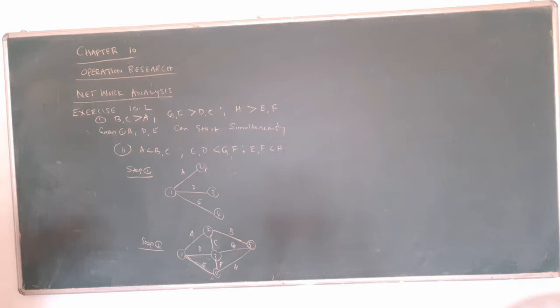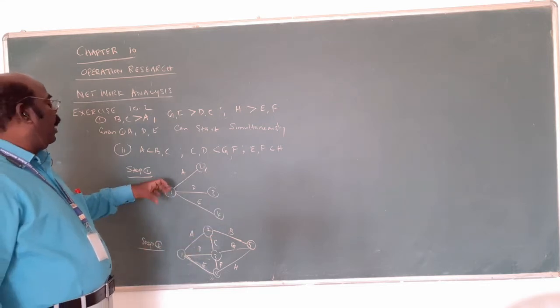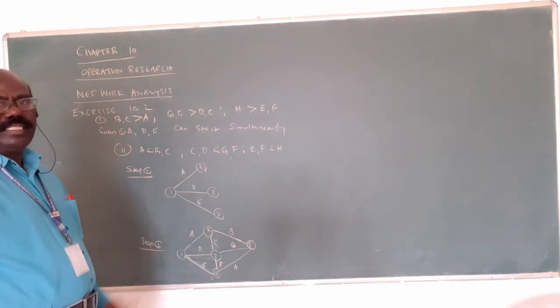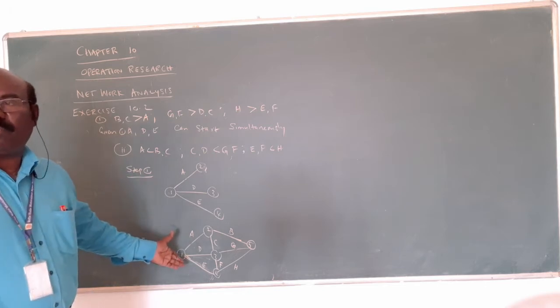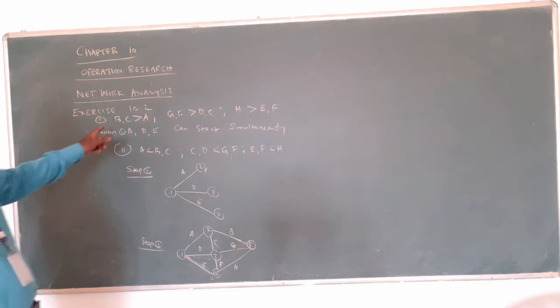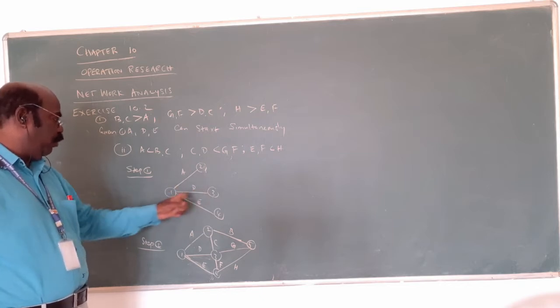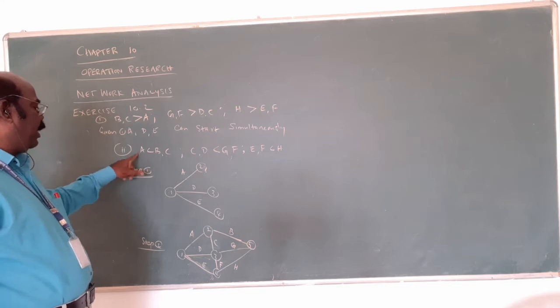What is the question asking? Draw the network. This is the network. Drawing this diagram is enough actually. For understanding purposes, I draw this one, then next this one. If you draw the diagram this way, that is the answer. You are supposed to draw the circles also, okay. But in this way you can draw, that is easy for you. A, D, E can start simultaneously. That's A, D, E, starting from 1 to 2, 2 to 3, 1 to 3, 2 to 4. Then consider the next step. Then before B is A, that's right.